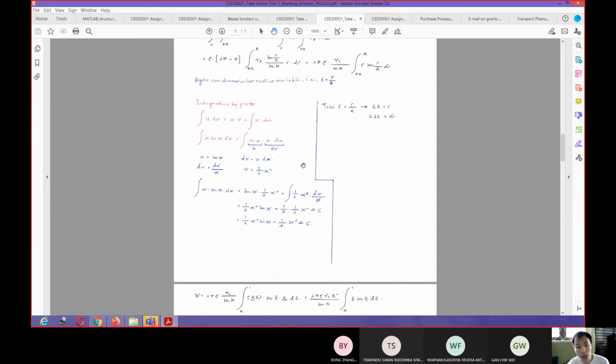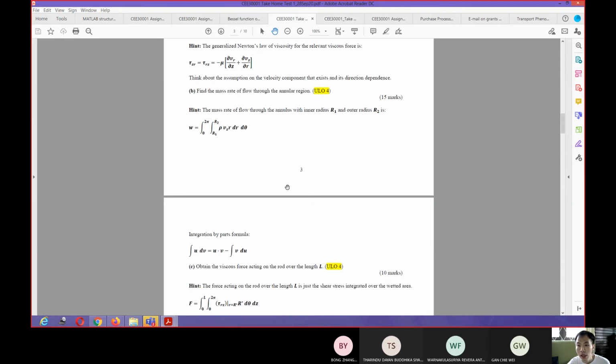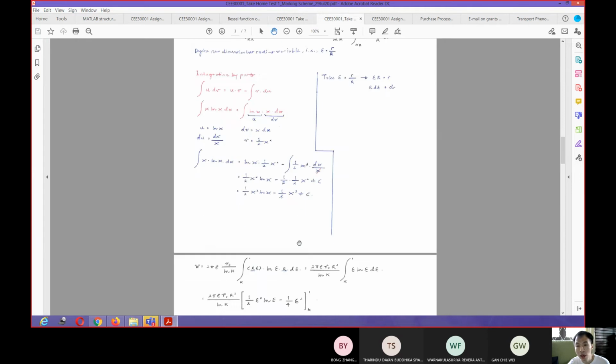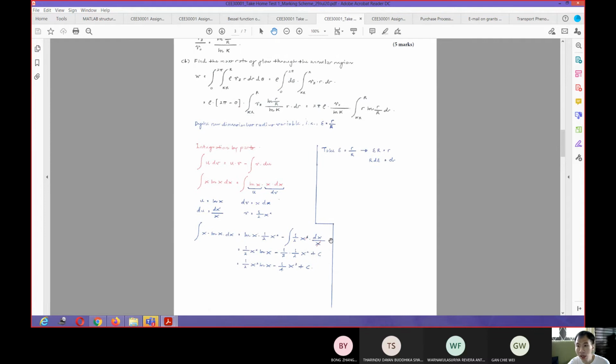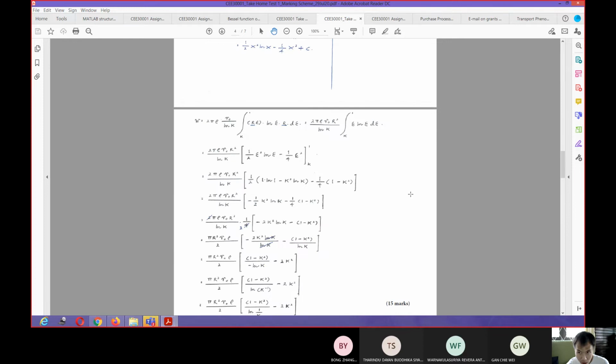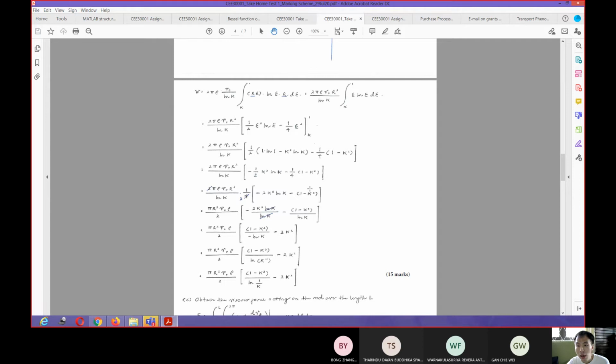For example, for the integration by parts, I want to get the details. What is this u? You need to get u equal to ln x, and then dv equal to x dx, and then du is equal to dx over x. Your v is equal to half x squared. As you plug in here into the integration by parts formula that I gave, I want to see that you derive these things. If you don't derive all these things, then there will be a mark deduction applied equally to everybody. If you put in everything correctly and all the derivation process is correct, then I will give you every mark related with that.